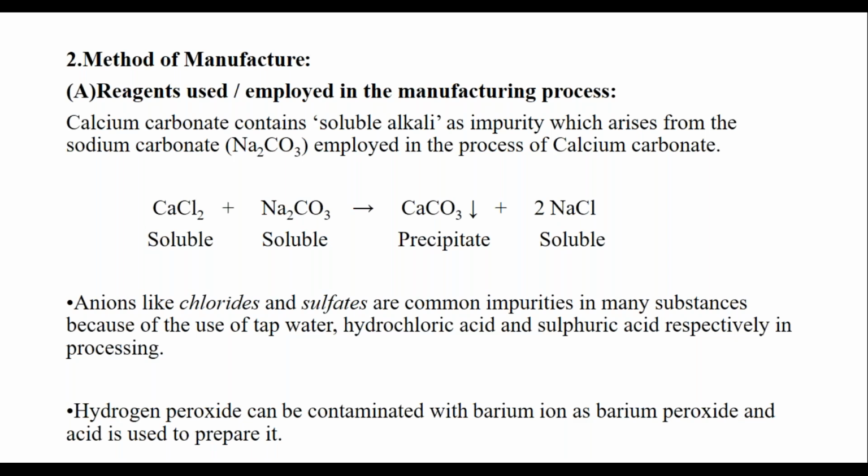So under this method of manufacture, the first one is reagents that you are going to use in the manufacturing process. So now as you can see here in the example, calcium carbonate is the product